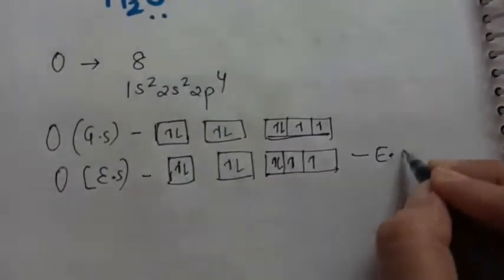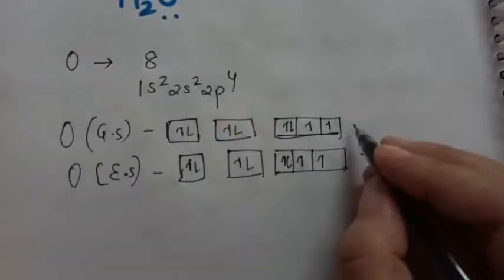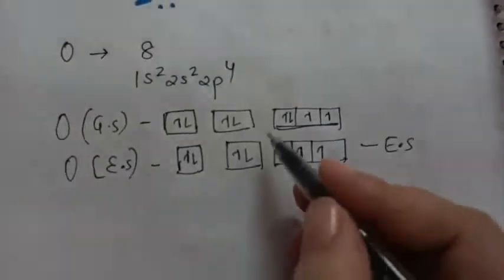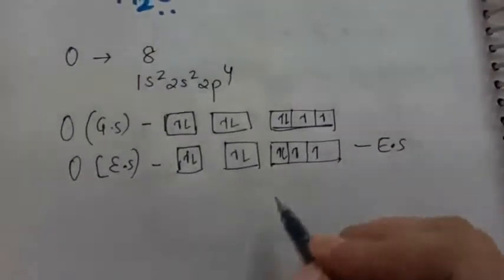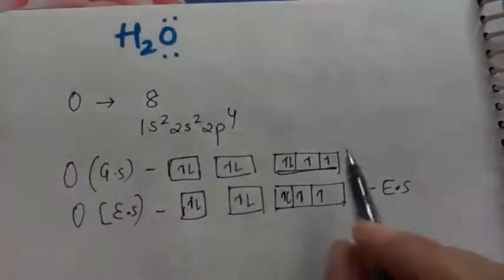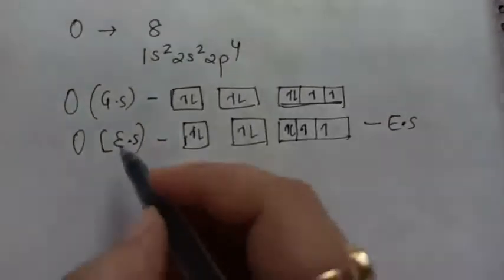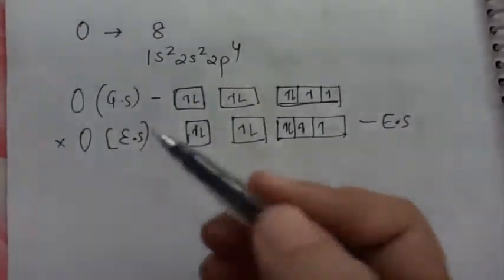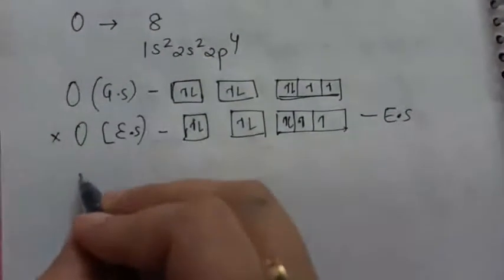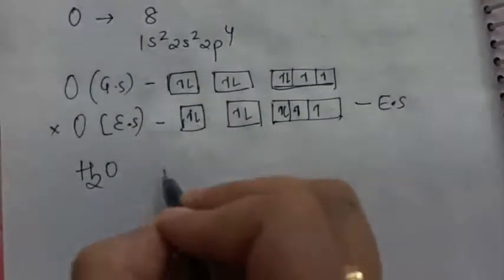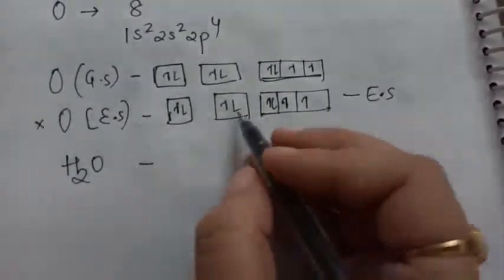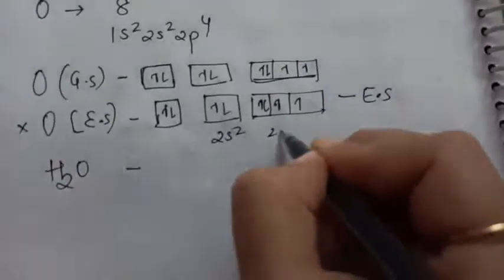ये excited state क्या है? It's very same as the ground state. इसमें कोई difference नहीं आया. None of the electrons you are exciting, क्योंकि ज़रूरत ही नहीं excite करने की. You just want to add 2 hydrogen and 2 unpaired electrons are already there. So this step, if you don't draw, it hardly matters. Then oxygen directly bonds with 2 hydrogen, and then I will draw only this much, 2s2, 2p4.